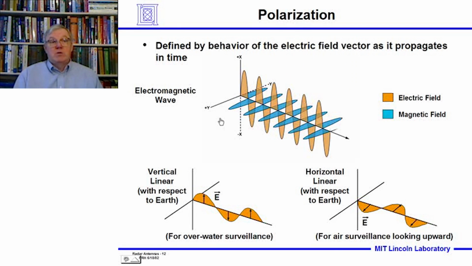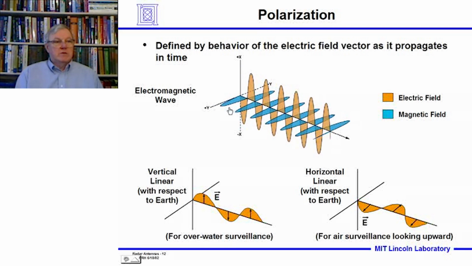Polarization is defined by the orientation of the electric field vector as it propagates in time. And going back to early lecture, the simplest electromagnetic wave is one where we have an electric field vector, and let's say this one goes up and down sinusoidally in the x direction, and we know from Maxwell's equations the magnetic field vector is perpendicular to it, and that's in blue, and it's propagating out. And if we just do a click, you can see the